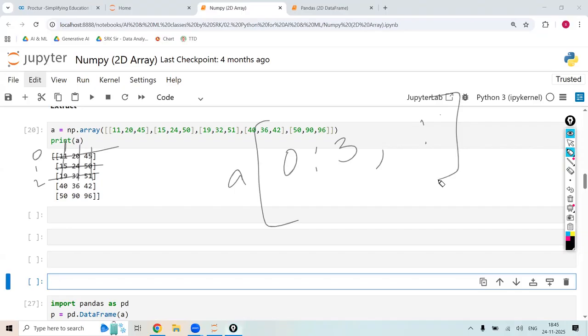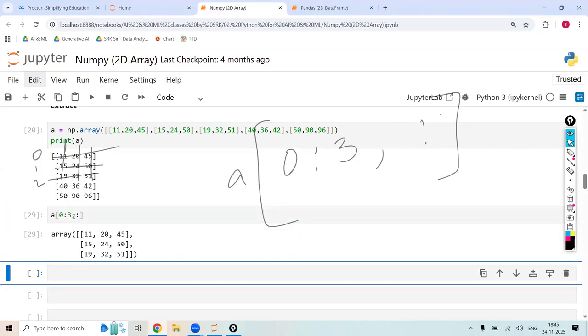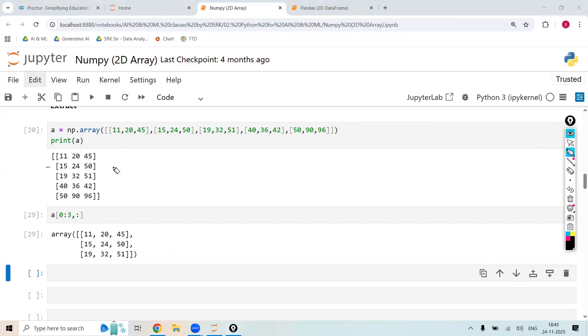Completed. So now which are the rows will be selected? See, A of first, the rows are 0 to 3, comma, colon. Colon means all the columns. Point is clear? Now, next, I want this row,